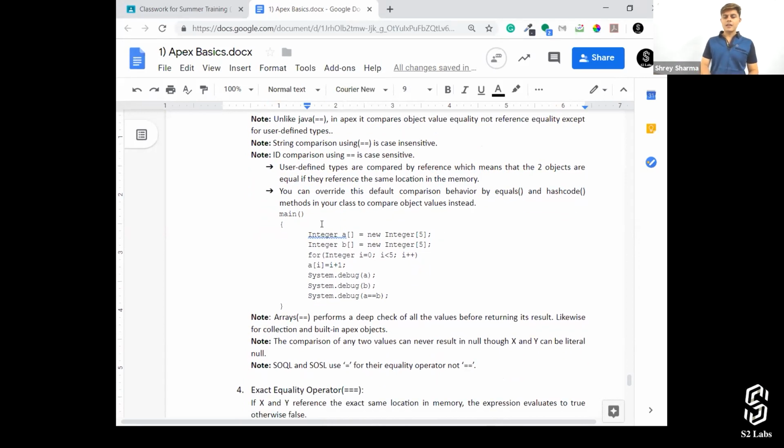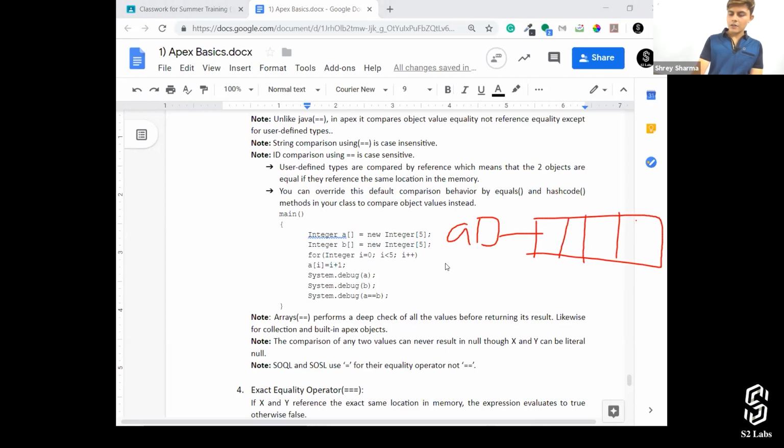Okay, then next, integer. There are two integer arrays or two integer lists. You can see this, right? And what I've done over here is I've added 1 to 5 into a, like i plus 1, so it starts from 0. So in a, which is a reference variable, I'm going to have a list, and in that list will have elements 1, 2, 3, 4, and then 5. That's it, right?